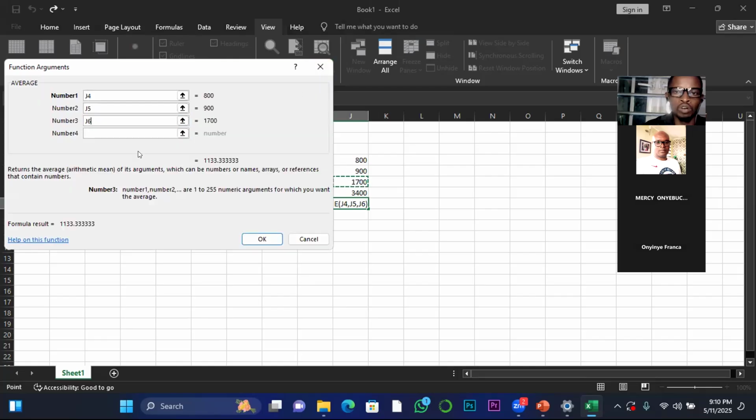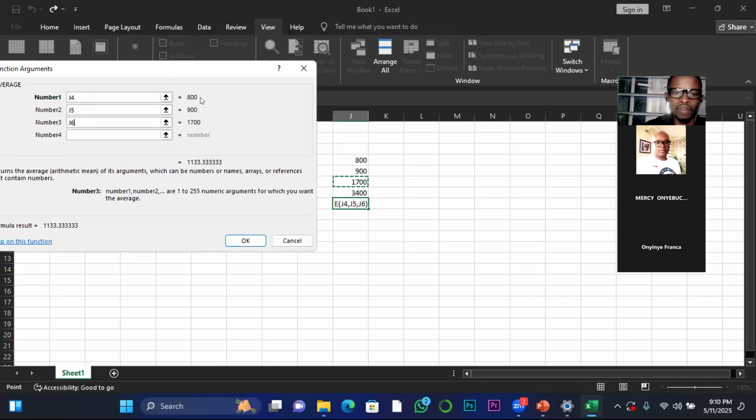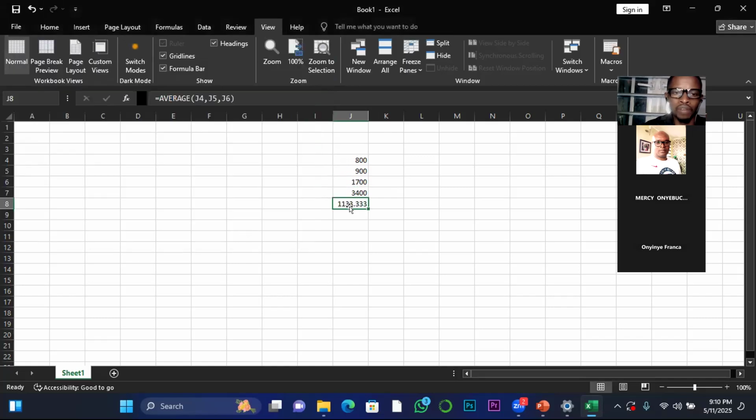Once I am done calling the numbers from their respective cell, I click OK. So this is the average. So you can go on and on. So your first assignment